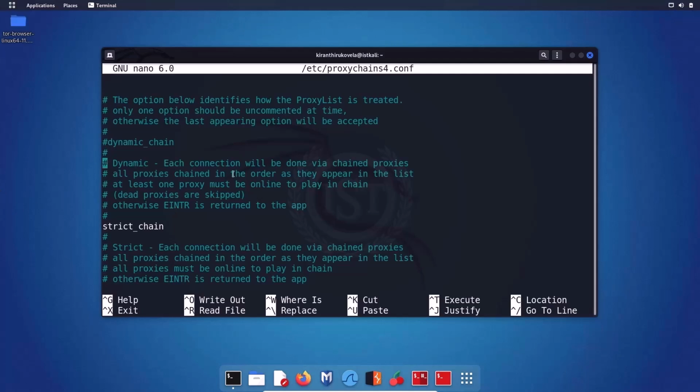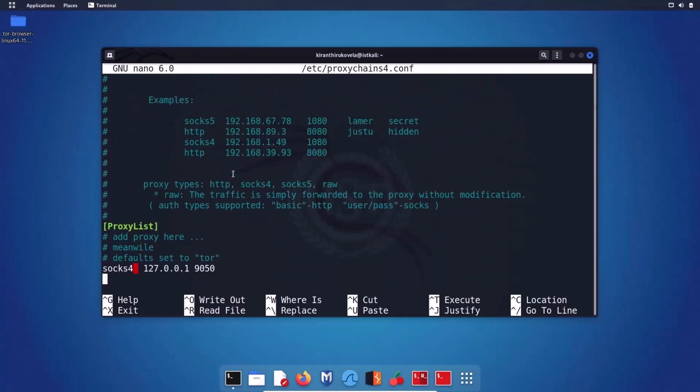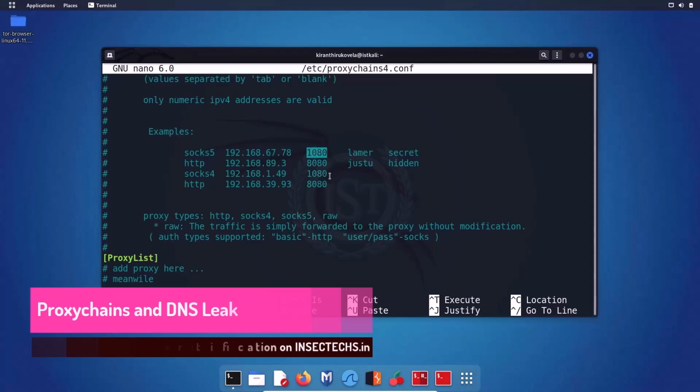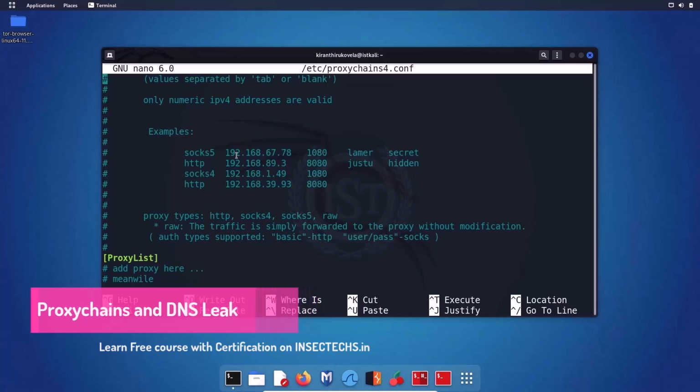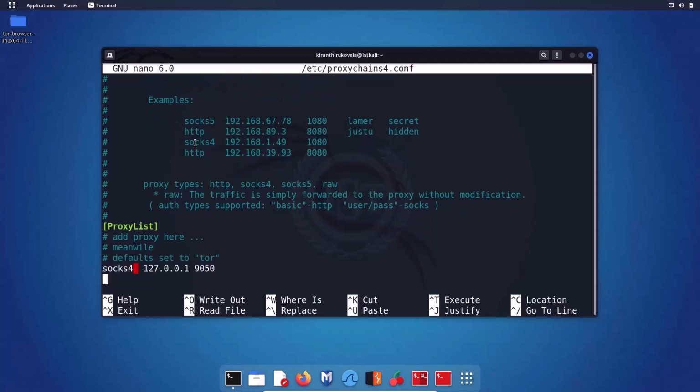So let me use down arrow on my keyboard, and if you come to the bottom of this file, as you can see over here, these are the examples of the list. This is a protocol, SOCKS5 protocol for proxying, and this is the IP address of the proxy server. This is a port number on which the connections are established, and SOCKS5 generally supports authentication. You have username and the password in order to log into this proxy server, and we have 4 servers in the list. So in here you can add your proxies like this. As you can see, SOCKS4 and loopback address 127.0.0.1 on port 9050 is enabled. It's using Tor network as a default.